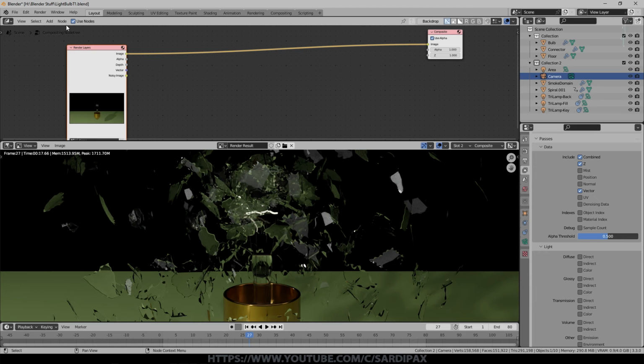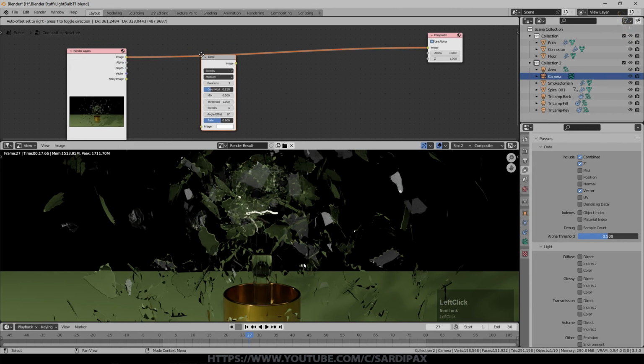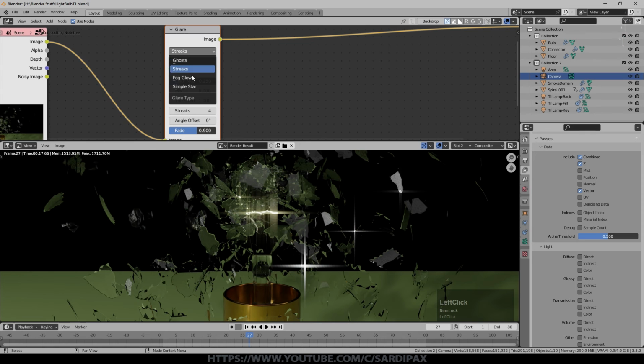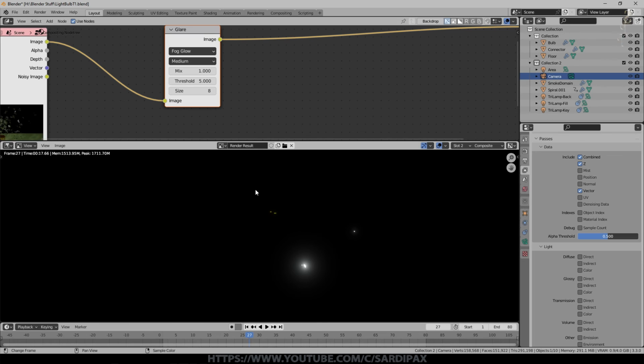But before we do, let's just add a filter, which is a glare filter. You can just drop it straight in there. I set it to fog glow, left it on medium. I set the threshold to about 5 and the mix at 1. So now all you're getting is the glowing bits. Looks like the filament is slightly covered by glass at the moment. So I'm going to just turn the threshold down to 3. There we can just see the filament starting to come through. But it just gives us a little bit of glow, and I put the size up slightly so that when we see the filament fully, there's a nice glow around it.